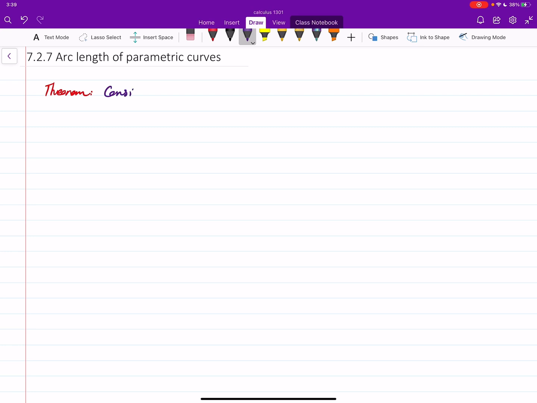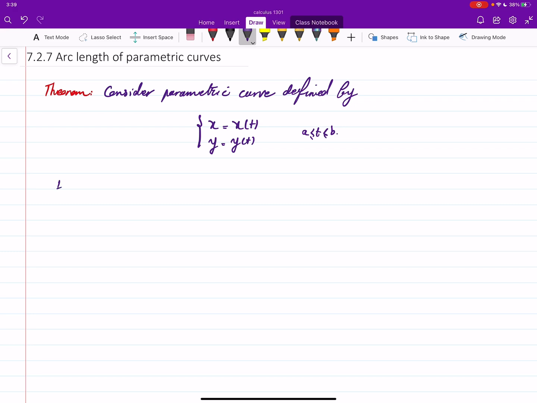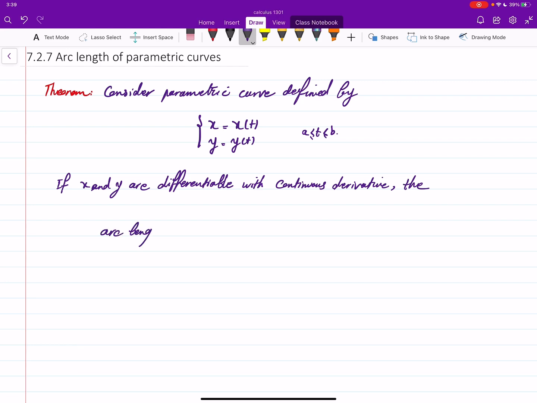So consider a parametric curve defined by parametric equations like x is a function of t, y is a function of t, and we consider the part going from a to b. Then if x and y are differentiable with a continuous derivative, then the arc length of the curve